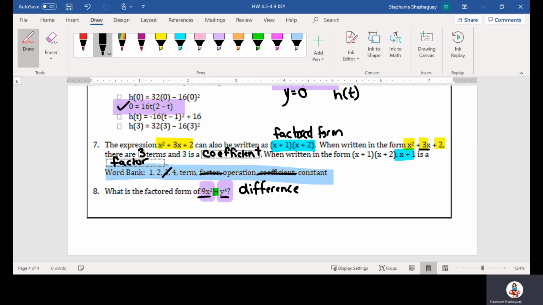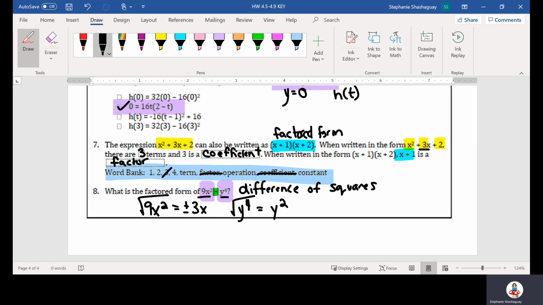And you notice that 9x squared is a perfect square, which would be plus or minus 3x, then you could also identify that y to the 4th is also a perfect square, which would be y squared. So this is a difference of squares